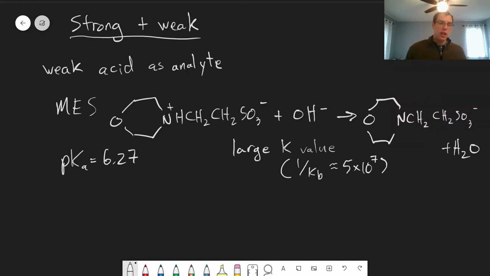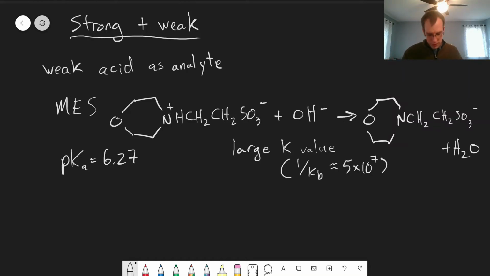So this very much favors the products, and so this is what we want for a titration reaction. And this is generally going to be true for a strong acid or base plus a weak acid or base. All right, and so what we want to look at here is, what's going to happen in terms of